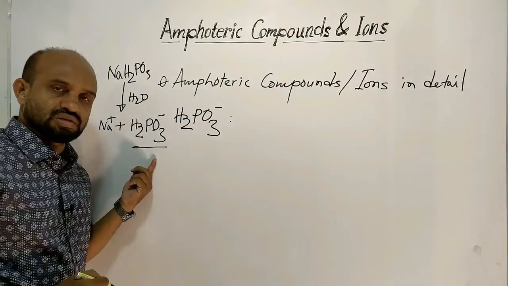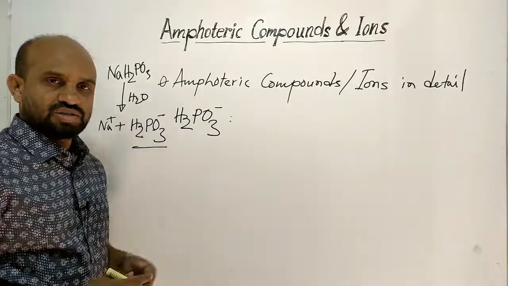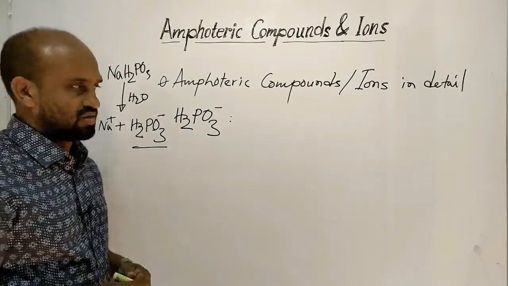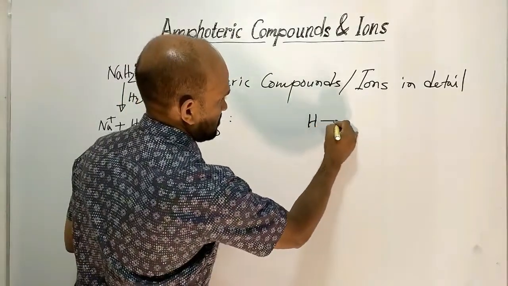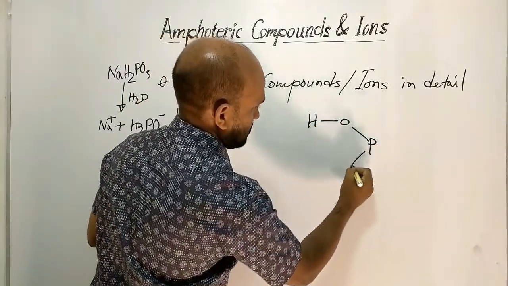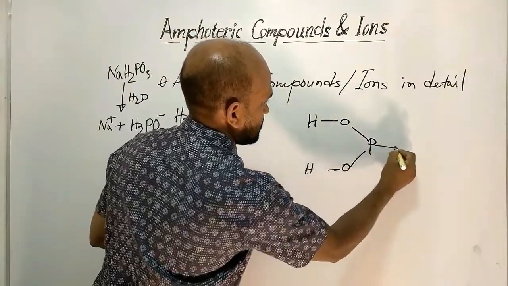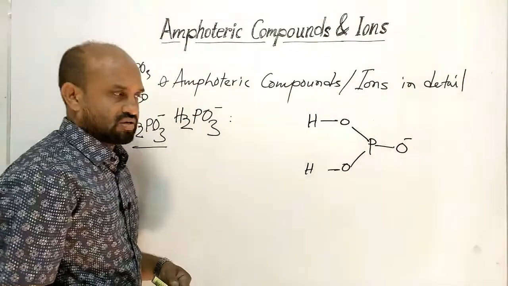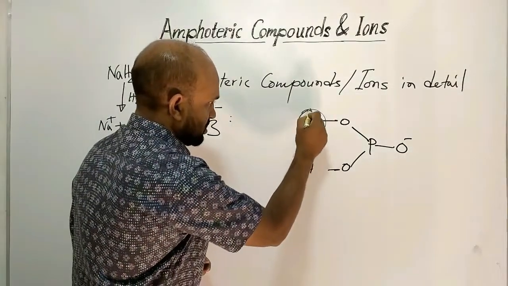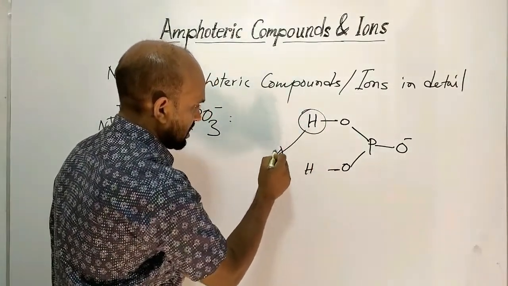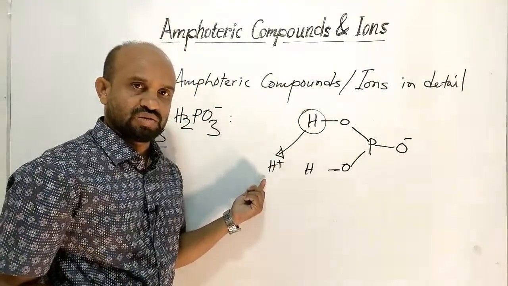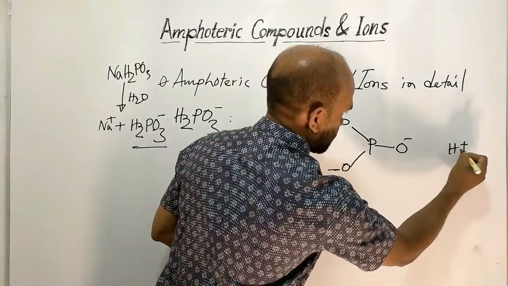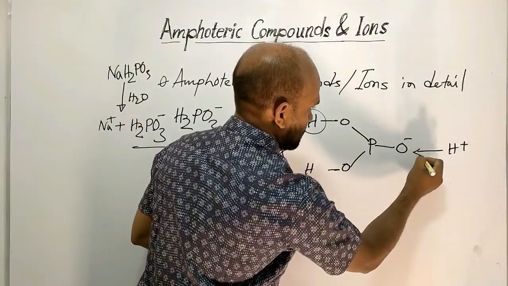This is the matter to be discussed. Let's see the structure formula of dihydrogen phosphite ion. This is dihydrogen phosphite ion. This hydrogen gets freed as a proton in basic medium, and this oxygen accepts a proton in acidic medium